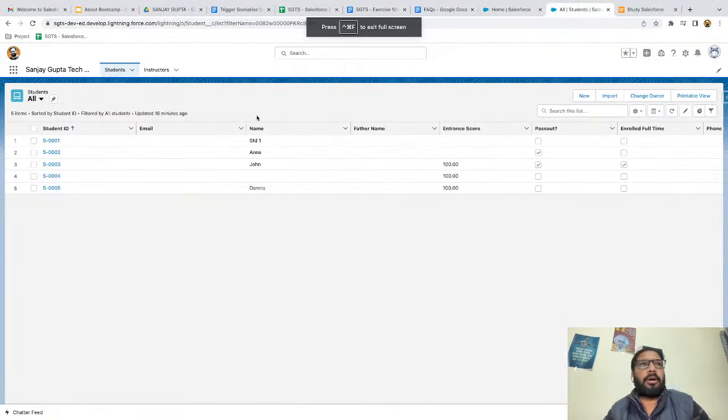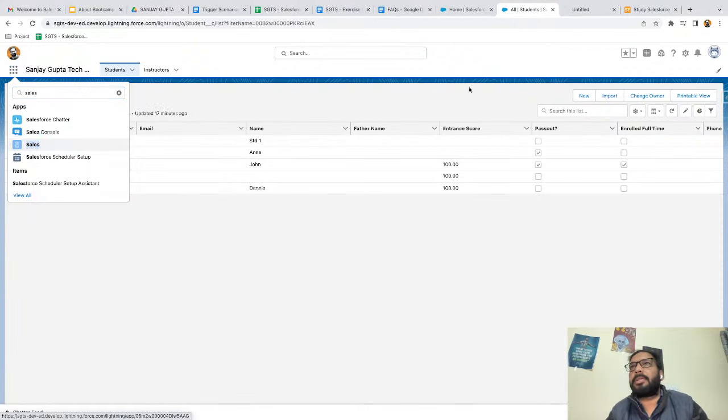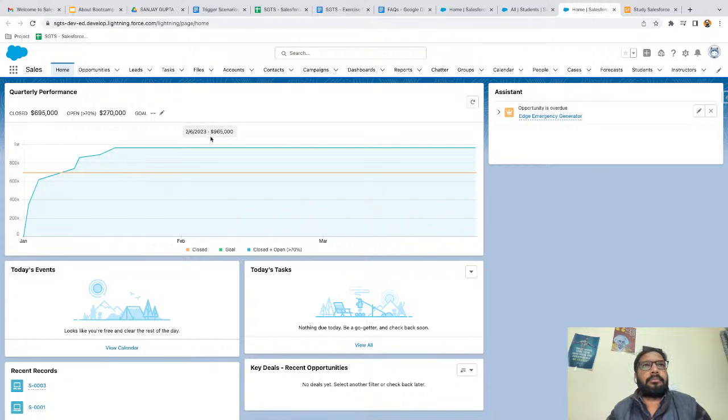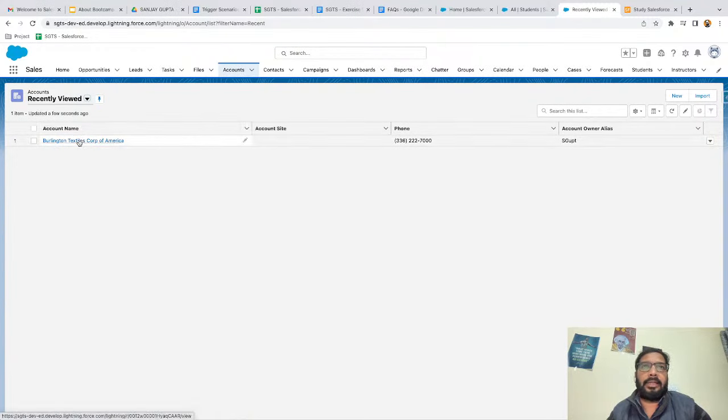If I take you to the org, here inside the org, I open our Sales application. I'm going to open the Sales application in a new tab. Under this Sales application, you can see we have two tabs: one is Account and one is Contact. The Account tab is related to the Account object and the Contact tab is related to the Contact object. Now, if I go to Contacts and open any contact,